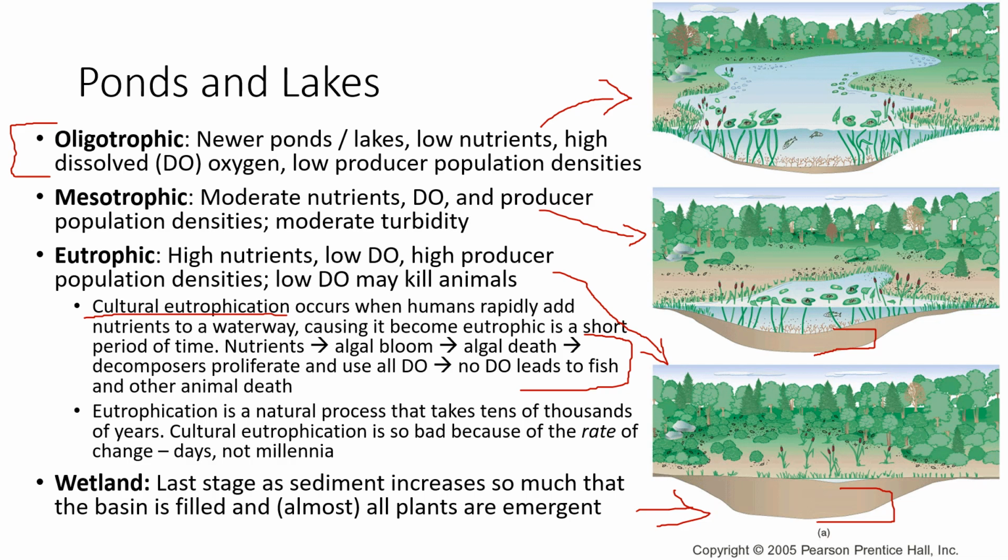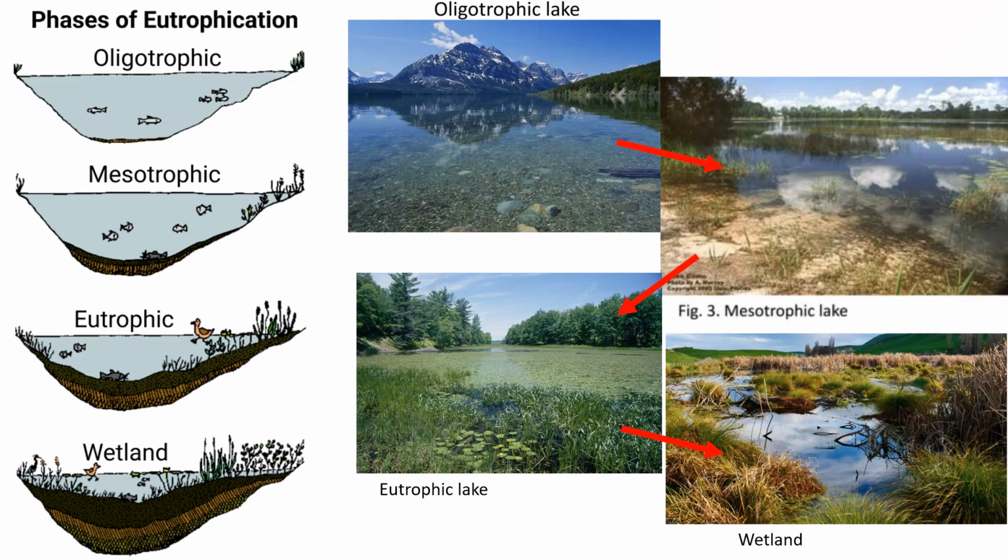Finally, the last stage is a wetland, and that's really what's pictured down here in the bottommost diagram, where you have very shallow standing water and plants covering that entire thing. All right, but just to give you another set of diagrams and some real life pictures, an oligotrophic lake, think a crystal clear lake, low primary productivity, not a lot of algae, not a lot of plants inside of that water. But over time, it turns to mesotrophic, where you have a lot more nutrients,